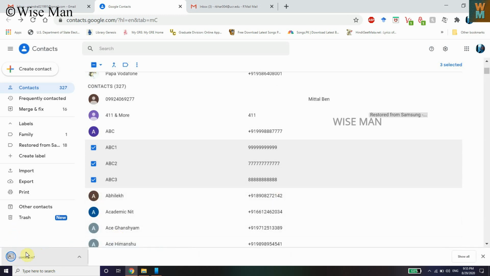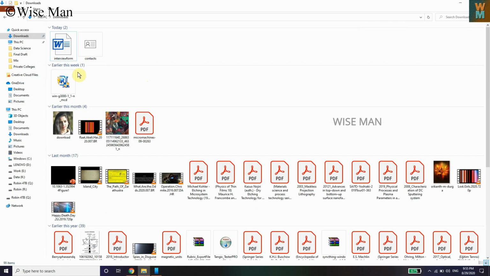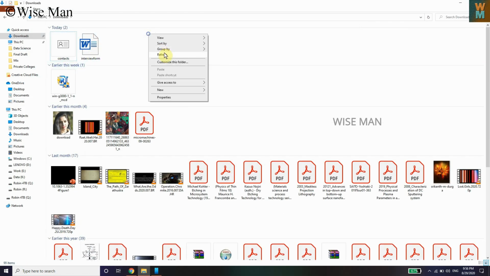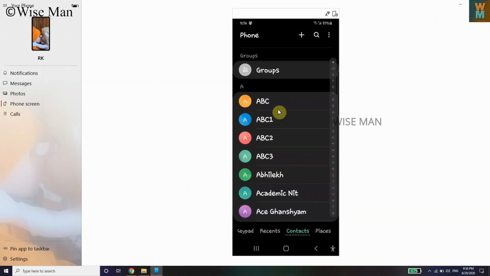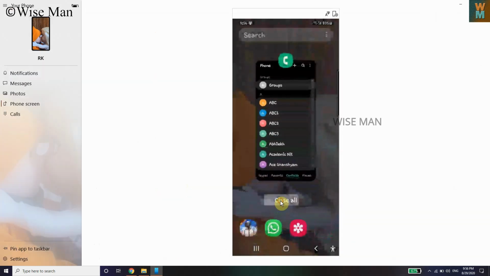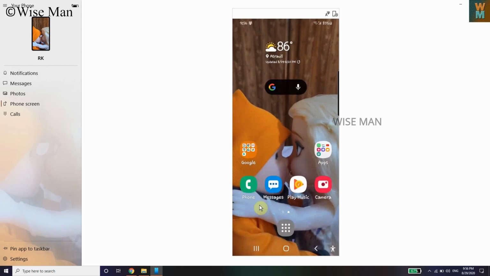As you can see, it has downloaded a file named contacts.vcf, so it is a vCard file. Now I want to copy this file to my phone. You can connect your phone directly by USB cable, or I have linked my phone through the phone software.